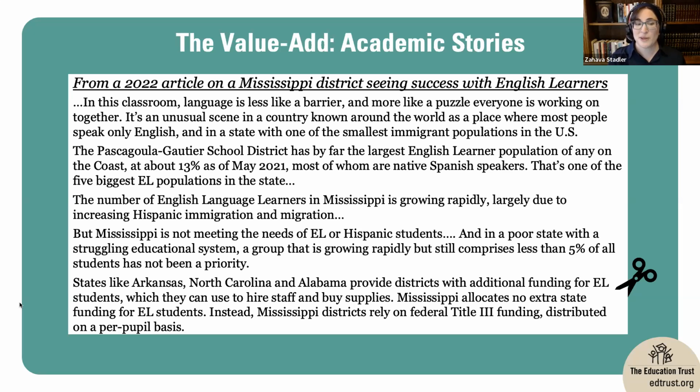That process probably would have been a lot easier and faster for her using FundEd, but she would also have been able to pull the starker fact that, as I just said, not only does Mississippi lag behind its neighbors on this score, but actually Mississippi doesn't have any funding for English learners and it's a real outlier, one of only 2 states to not have specific English learner funding. So this piece goes right away for the key context that I love to see. And I just know that the FundEd database would have made this reporter's job easier and also allowed them to have a slightly more national perspective.